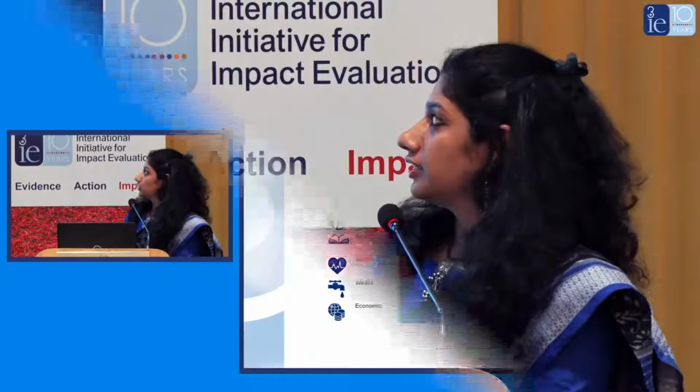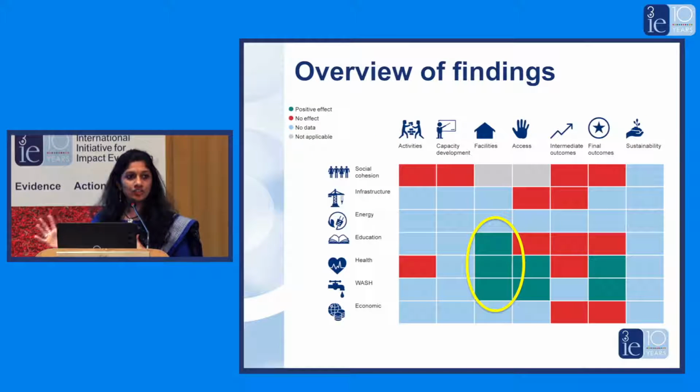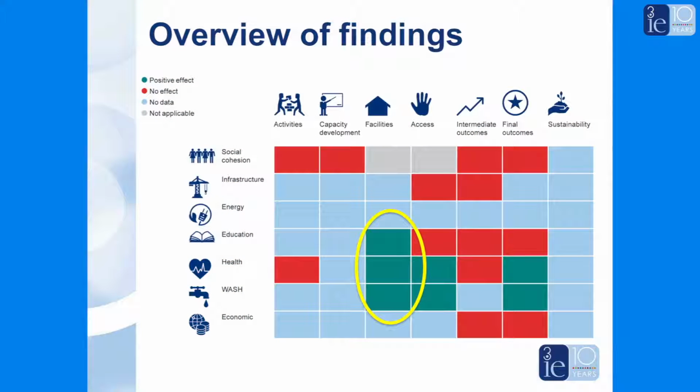Here we go on to the overview of the findings. This is what we call an evidence matrix. What we did was plot the evidence along this matrix across different sectors. You can see WASH, health, education, and then across the causal chain. So activities that are carried out, this is the earlier part of the causal chain, and then training provided to communities, and then how does it affect the creation of facilities, access to facilities, and then finally intermediate and final